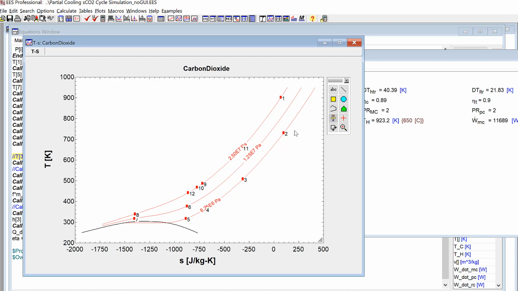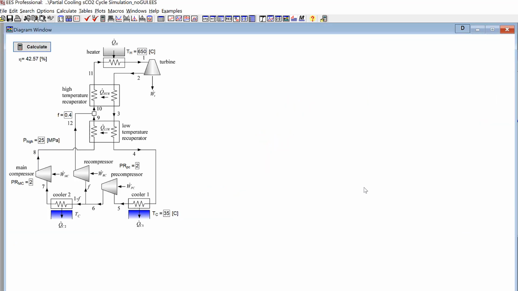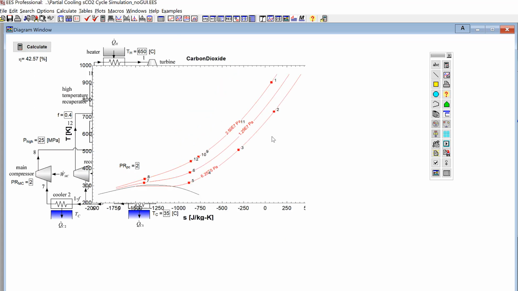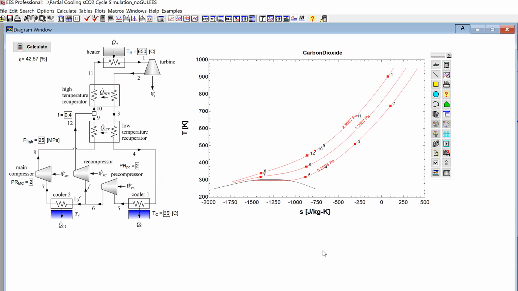I think I'll save this, go back to my diagram window, and I want it to show up right here, right? So we talked about how to do that in one of the videos. I'll put it in application mode. Here's my add plot access button. So I'm going to click that. I don't want a button. I guess I'd just like to see the plot. So I'm going to click show plot in the diagram window. I don't think I need to name it because it's always going to be the same plot. So I'm going to just go ahead and hit OK. And maybe we'll move it over to here. And yeah, now I have a